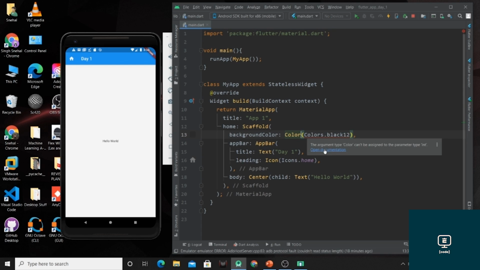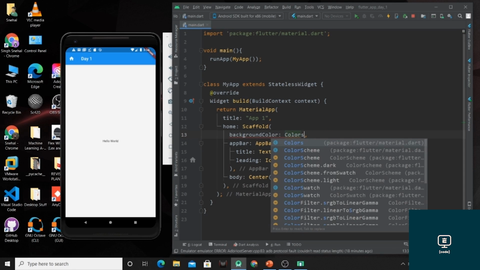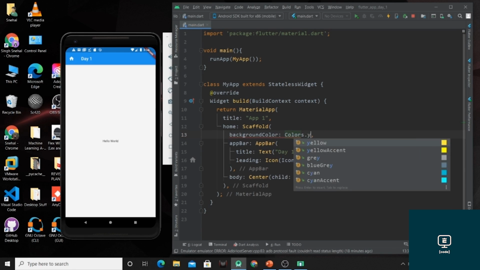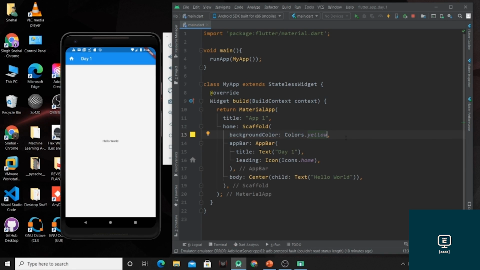So this is showing some error. We can mention like this. If we are going to use colors dot yellow, then we can use this, and inside the color function we can mention the hexadecimal code or RGB code of the color. So just enter Control S. So this will change the color of the body part of our app.